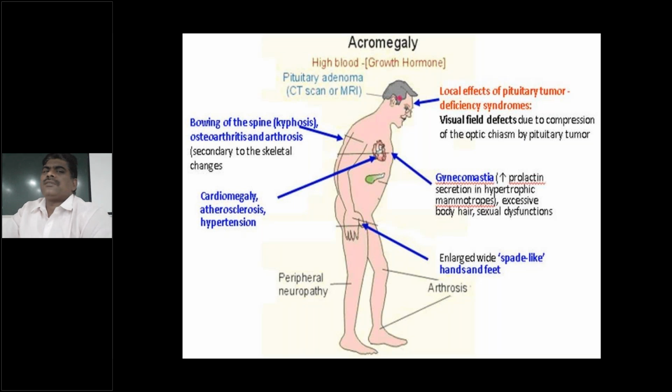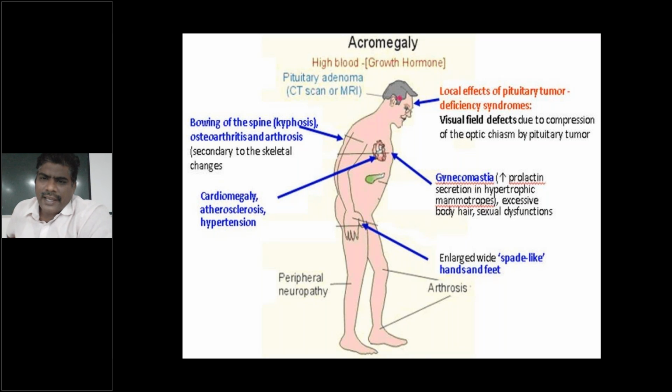Now let's see what the signs and symptoms of acromegaly are. Here there is excessive production of pituitary hormone, from a pituitary adenoma. The local effects of the pituitary tumor and deficiency syndromes are visual field defects due to compression of the optic chiasma by the pituitary tumor, and gynecomastia. Gynecomastia means increased breast size in males, and this is due to increased prolactin secretion